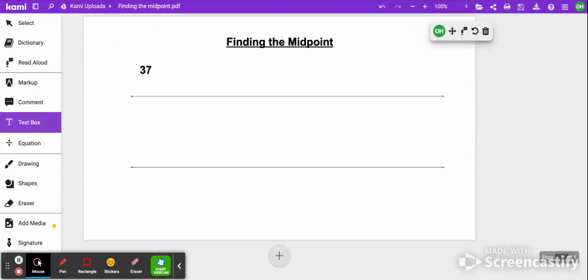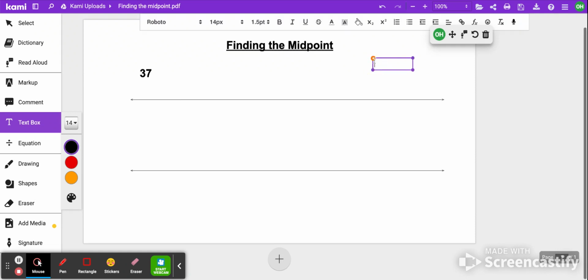Today we are going to find the midpoint. Now, you may need to find the midpoint if you are estimating or rounding. So, the first thing that we're going to do, and we want to find the number that is the closest 10 to 37. So, the first thing we're going to do is break up the number 37